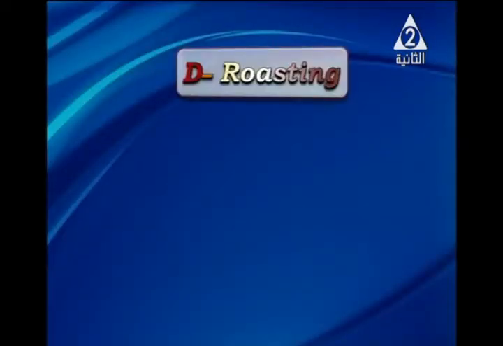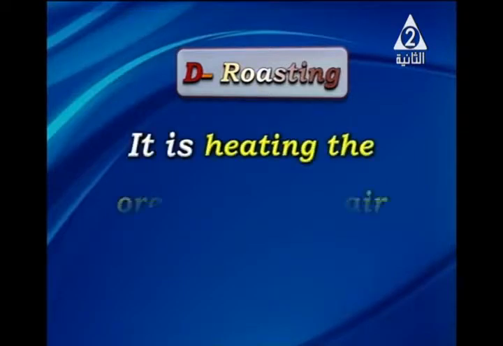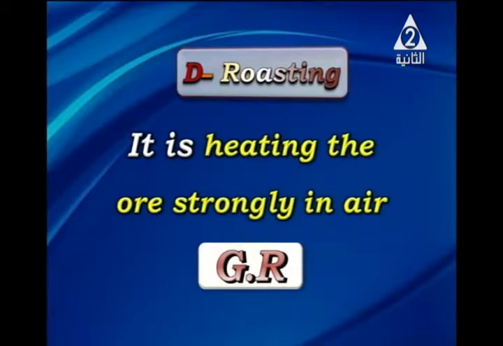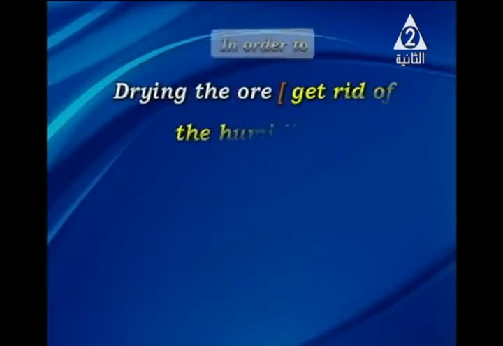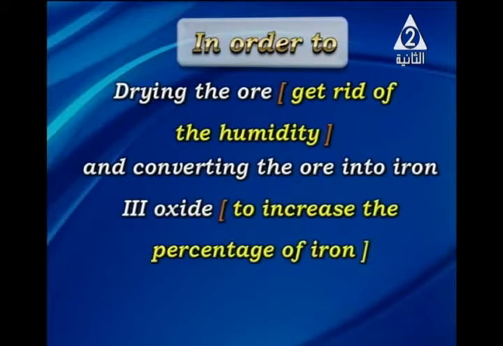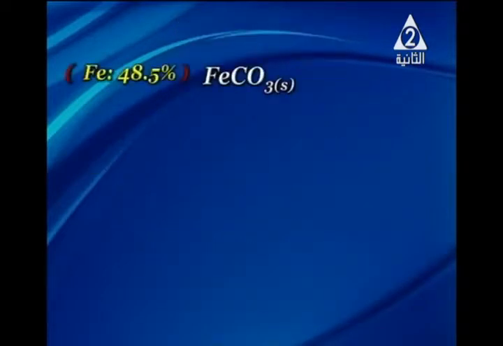Now, my dear students, we are going to discuss the fourth step of ore dressing, which is to improve the chemical property of the ore, which is roasting, that is, heating the ore strongly in air. We have to give reasons for this process. In this process, we dry the ore to get rid of the humidity, and convert the ore into iron 3 oxide to increase the percentage of iron, such that if we use siderite, or iron 2 carbonate, by